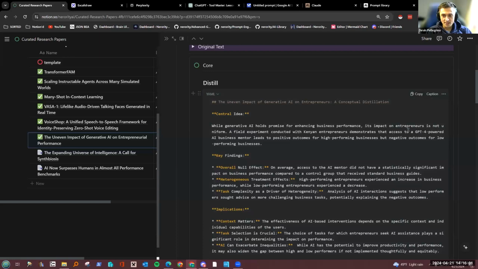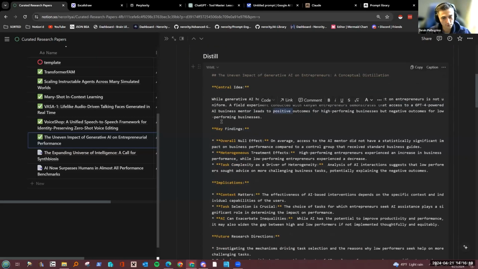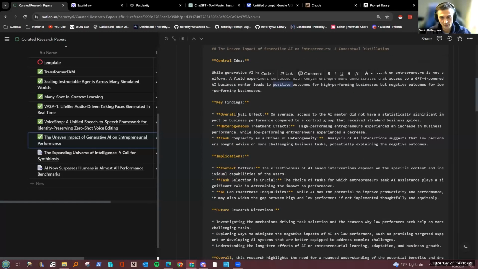Yeah, they gave people access to a GPT-4 powered business mentor to see how it affected their performance, right? And they found that it had very varied performance for the employees, right? Some positive outcomes for high performing employees and negative outcomes for lower performing employees. And the thing that I find interesting about this is, let me find where